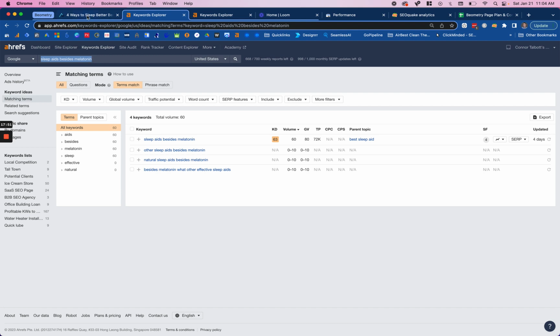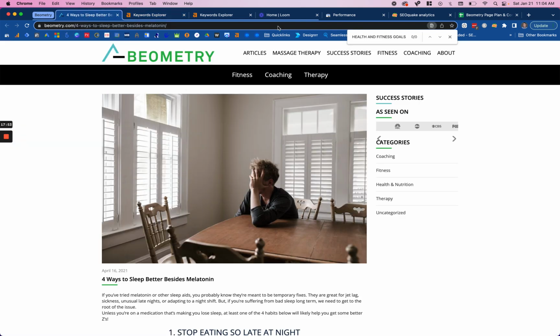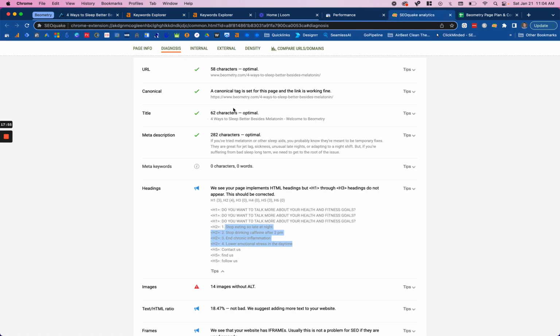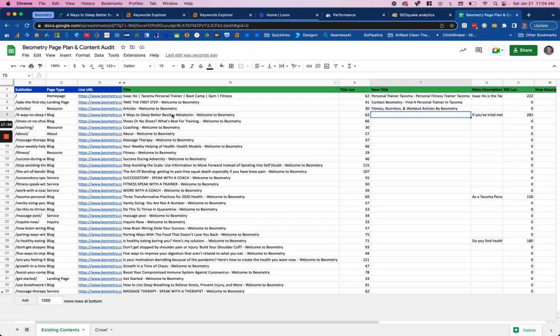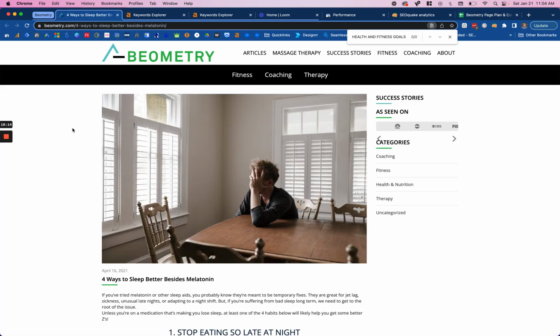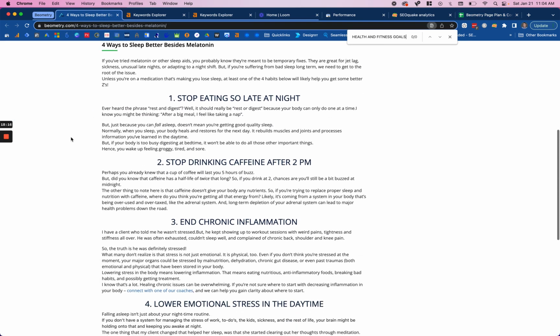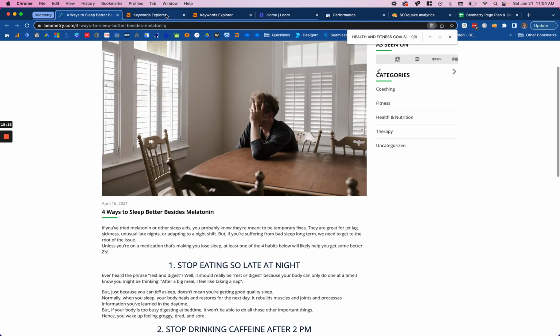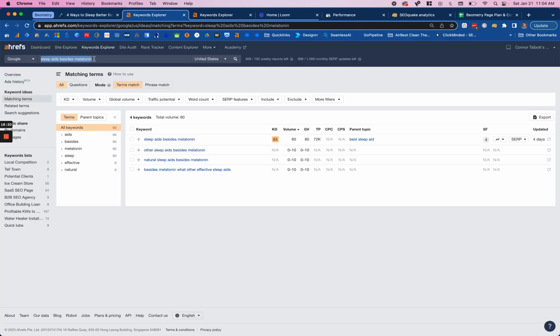Sleep aids besides. What's their current title? The current title is 4 Ways to Sleep Better Besides Melatonin. Let's see. Natural.